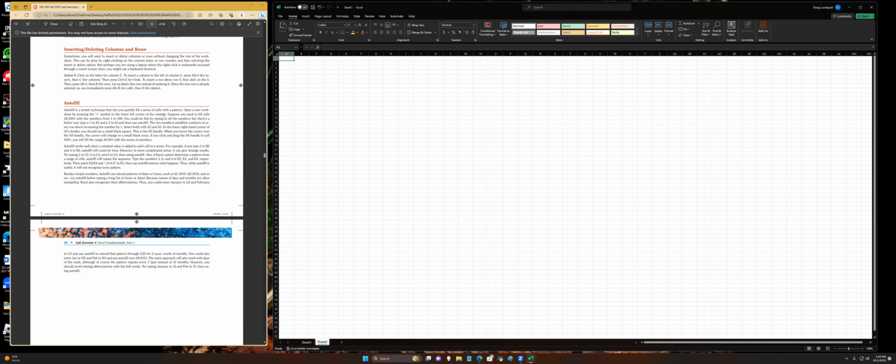So suppose you want to fill cells A2 to A501 with the numbers 1 to 500. You could do that by hand, but that'd be very dull and tedious. So what you can do instead is just write 1 and 2 in those first two cells, A2 and A3. Then you select them both,